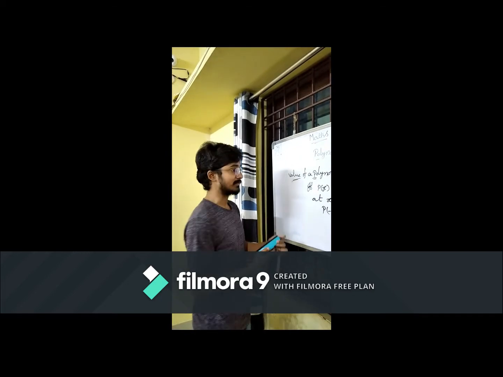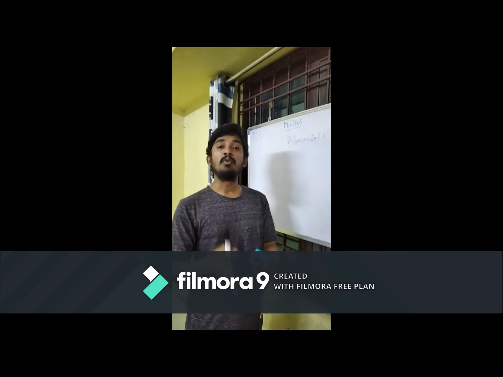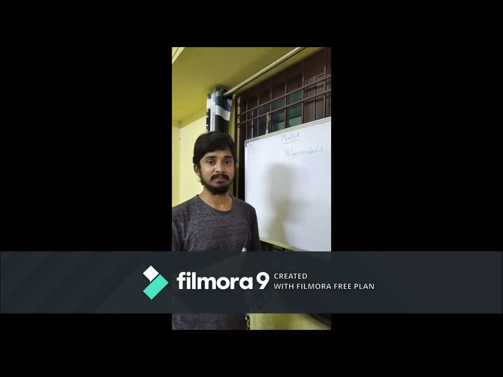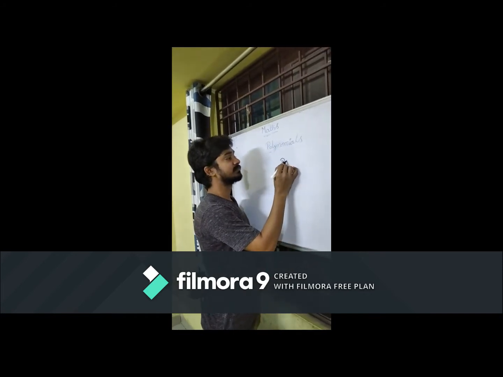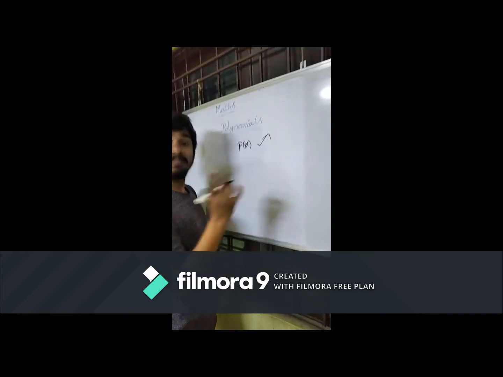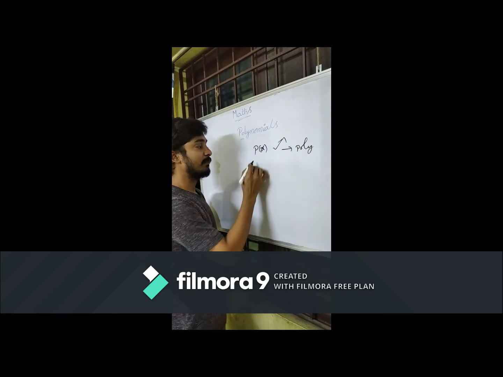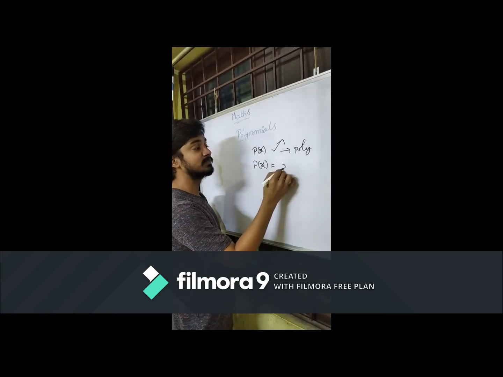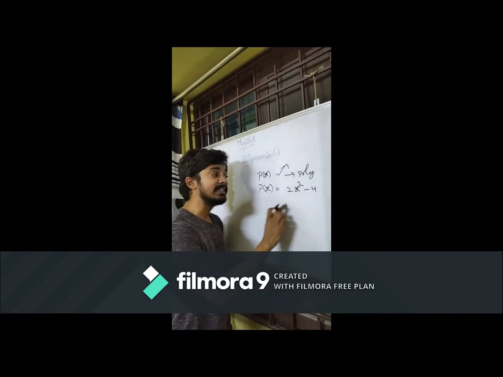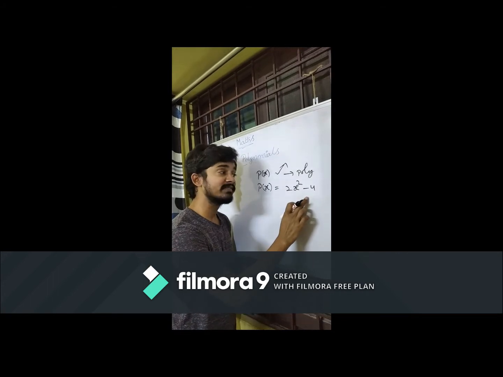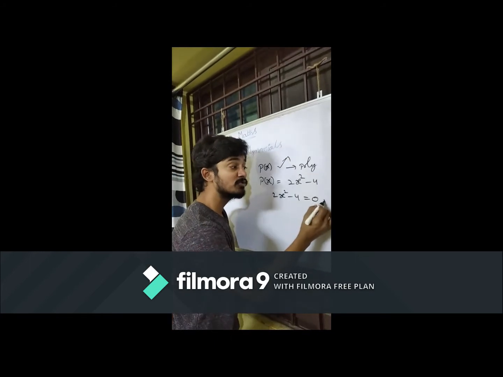Next concept. What is the difference between a polynomial and a polynomial equation? If p(x) equals 2x^2 minus 4, this one is a polynomial. P(x) equals 2x^2 minus 4 is a polynomial. But 2x^2 minus 4 equals 0